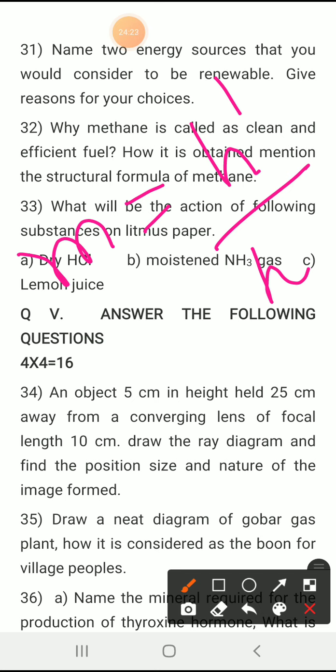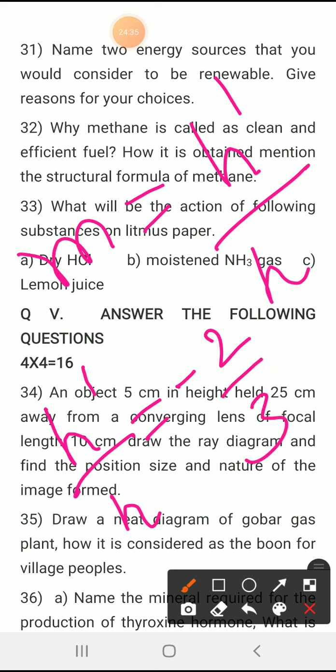So it comes as h dash divided by h. So I can say that h dash divided by h is equal to minus 2 by 3. Got it? Minus 2 by 3. If you do the cross multiplication, look here, minus 2 by 3,